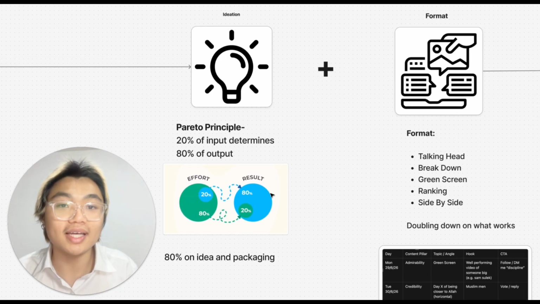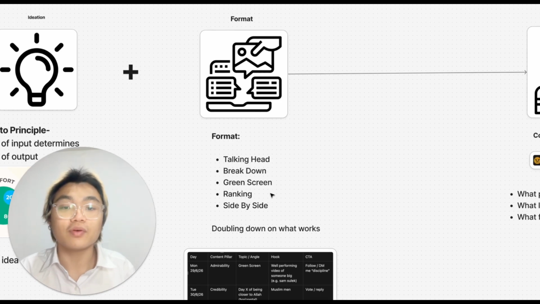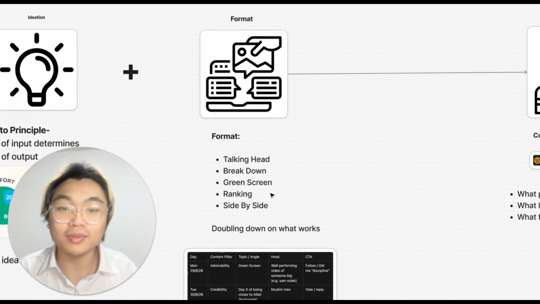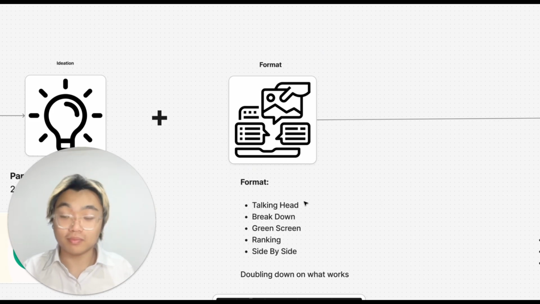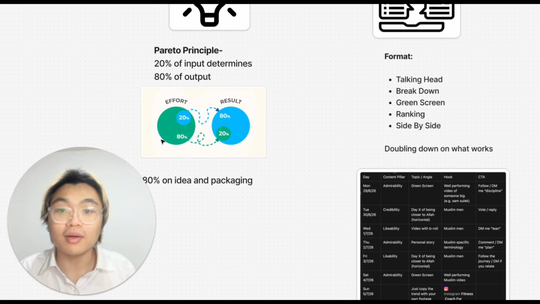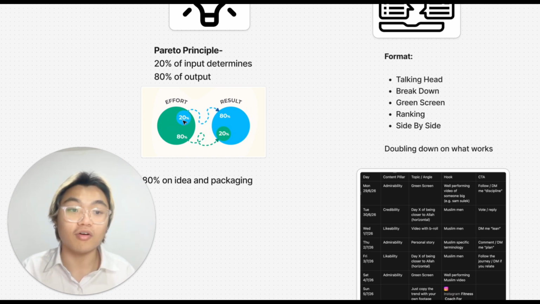And once you've actually ideated what you want to film, right, pick your format. This is incredibly important. So what's the format that you should be doing? The answer is that you should always be doubling down on what works. This is the same with the ideation, right? You always need to use ideas and formats that actually work and are proven. This again goes back to Pareto's principle, because 20% of your videos will determine 80% of your views and your actual buyers. So focus on the winning formats and double down on them, right?